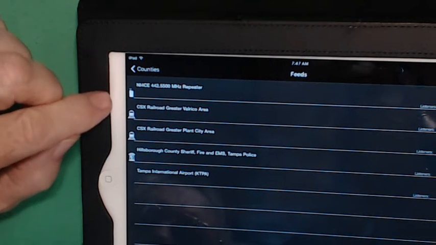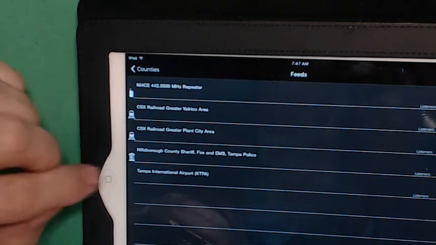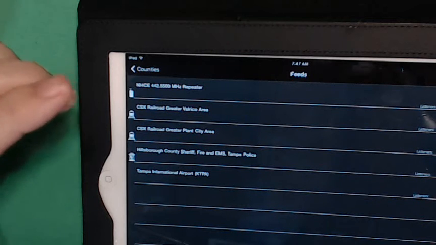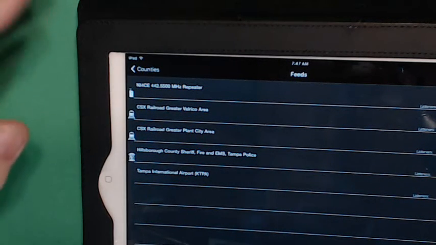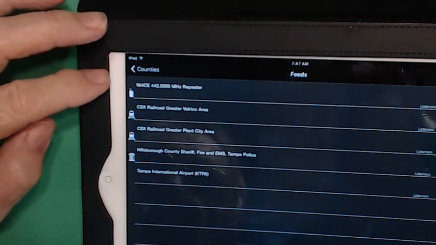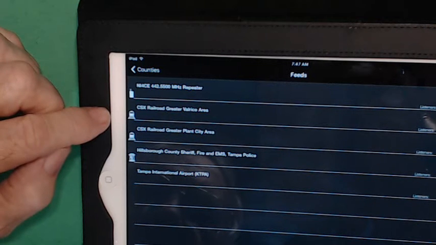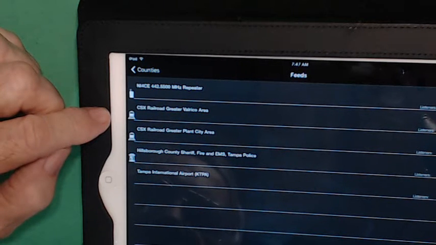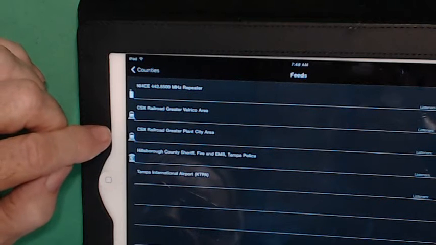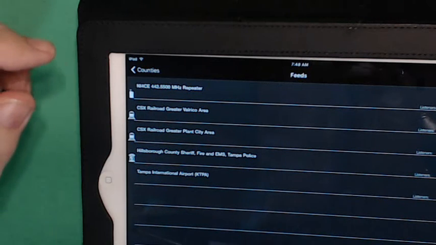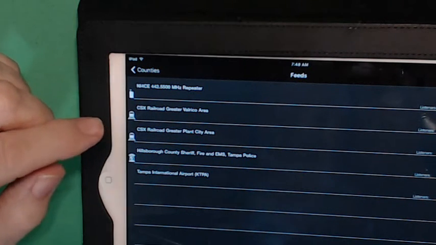These are the 5 stations, it's 5 radios that are on the air monitoring certain things. Like the first one's monitoring a ham radio repeater. The next one is monitoring the CSX Railroad in Valrico. The next one is the CSX radio in Greater Plant City, and so on down. So you can select one of those, and it will add it to your list,